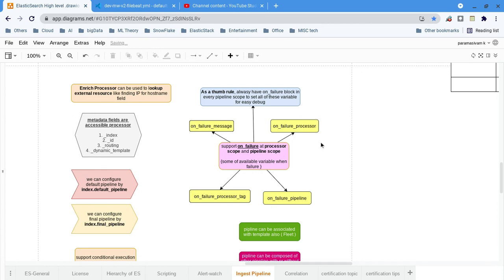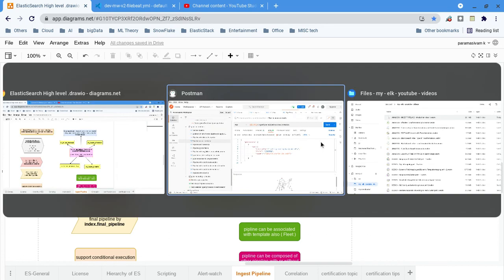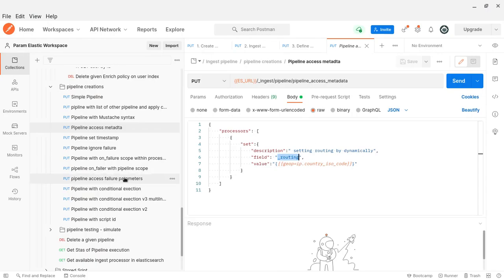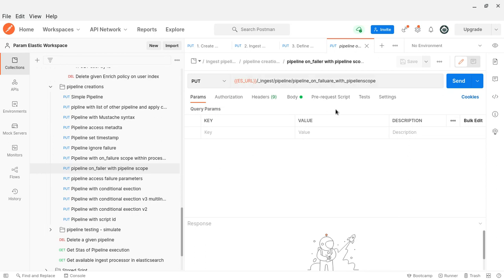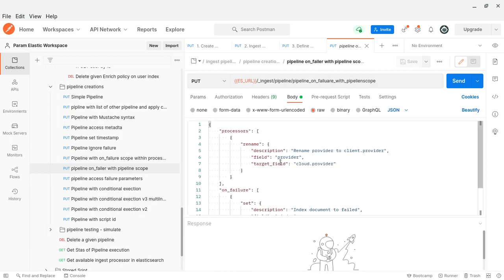I would say define the on failure block at pipeline scope. If you want, you can go for individual processor-specific. I will show the sample here. Here you can see it's a pipeline scope; the processors are there and the separate on failure block is there, so it is pipeline scope, not individual processor scope.